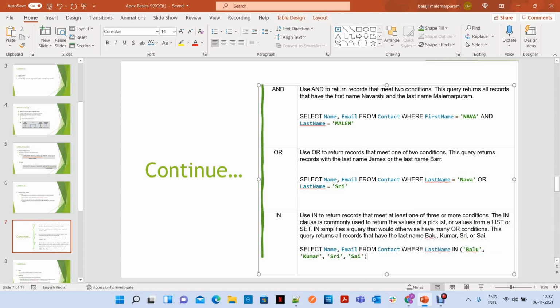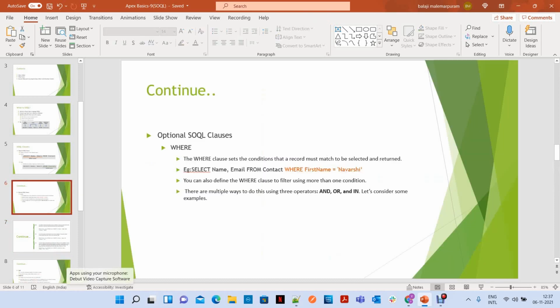That means I want to retrieve all these contacts wherever the last name is Balu or Kumar or Sri or Sai. Usually, whenever you have a list of strings, or a list or set, you use the in operator instead of using multiple ORs.